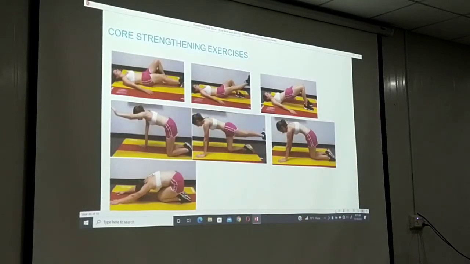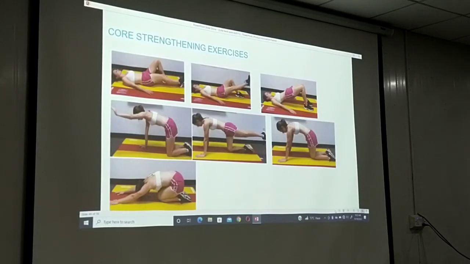In the first picture, we can see the patient lying in supine position, holding her abdominal muscles, and gliding her heels on the ground. Very good for core strengthening. It's a part of the core strengthening exercise. In the next picture, you can see her contracting the abdominal muscles and lifting her leg towards the roof. The third one is bridging exercises. Very important to ease low back pain.